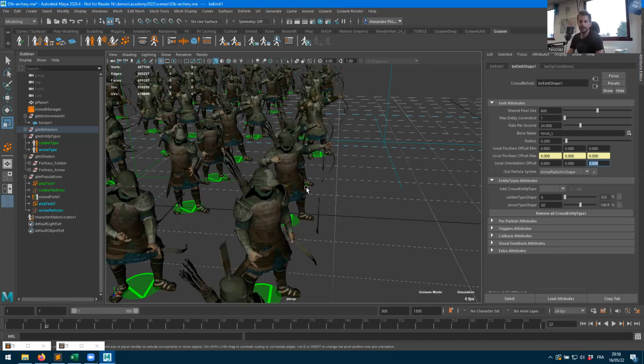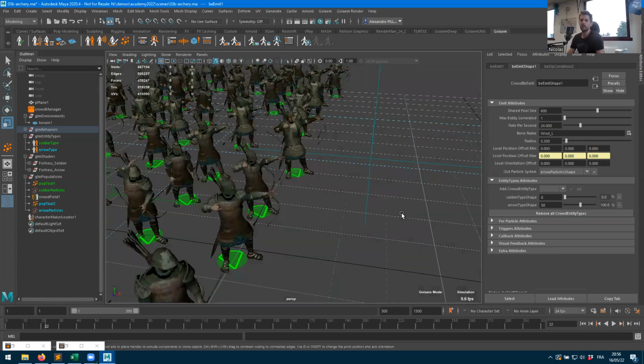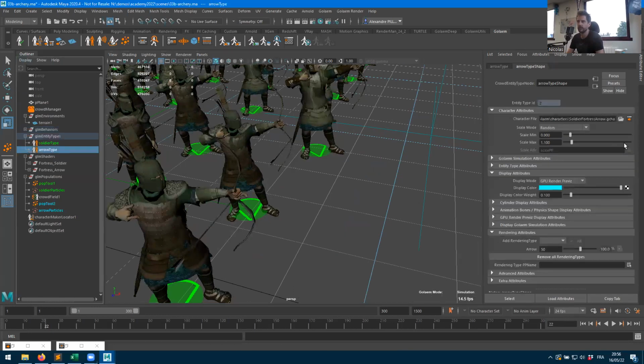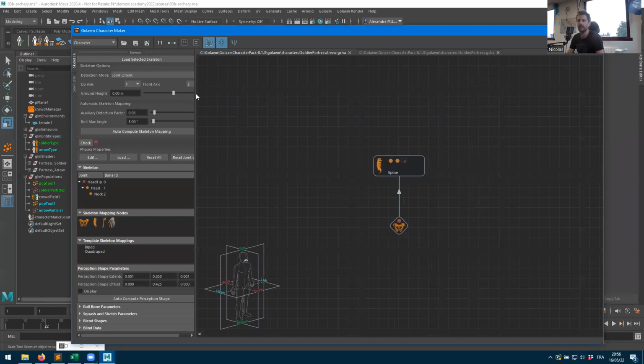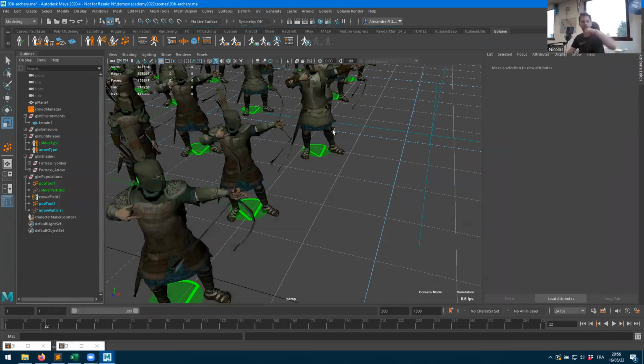So by default, every single character that you're going to create within Golem will be adapted to the ground. As soon as there's a terrain in your scene, as soon as a new character is created, it will be adapted to the ground. So how does ground adaptation work? This is also why, when a character is created, we ask what its up axis and front axis are. Remember when we were converting our own characters, we had a window asking what's the up axis and front axis,